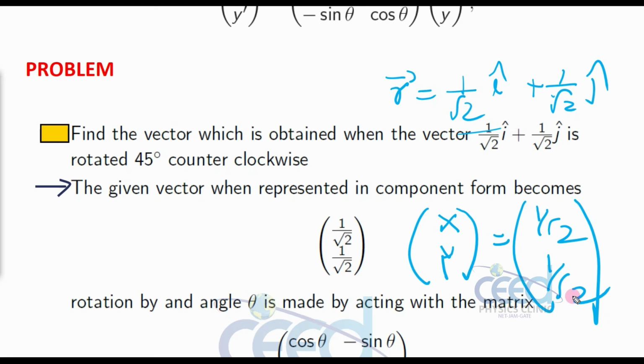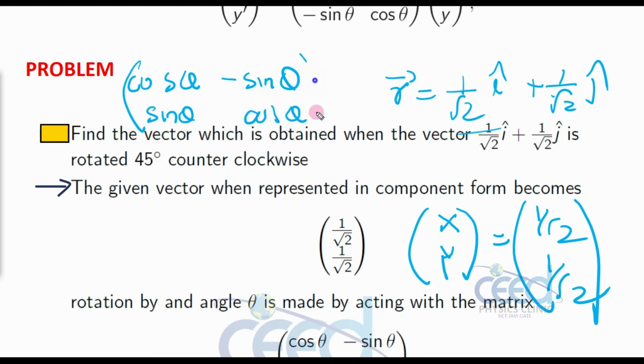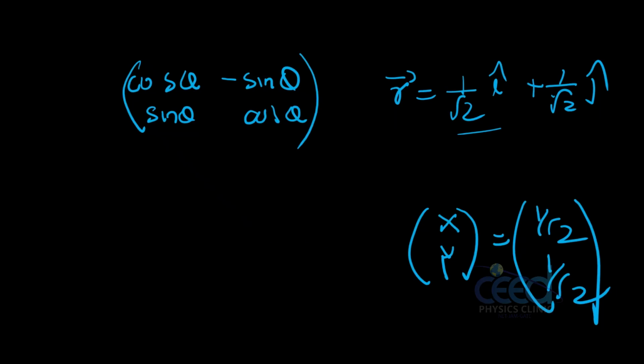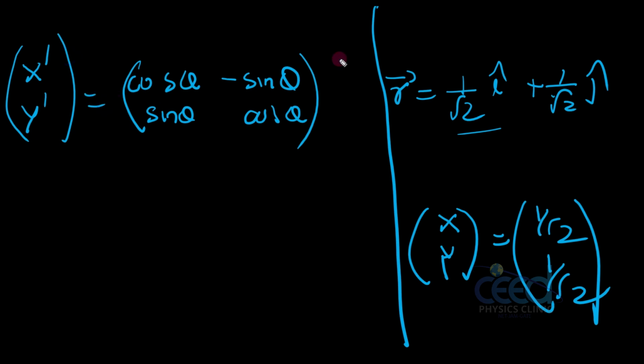So we know the rotation matrix, that also we know, that is cos theta, minus sin theta, and sin theta, cos theta. Okay, this is our rotation matrix. Now we want to find the new x dash y dash. Okay, so let us go to the blackboard. See, we have already given x dash y dash is equal to this rotation matrix we have defined into xy. Okay, so you can write this xy value here.